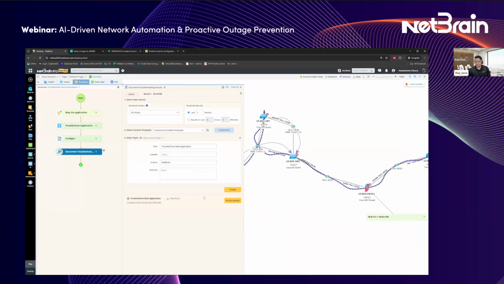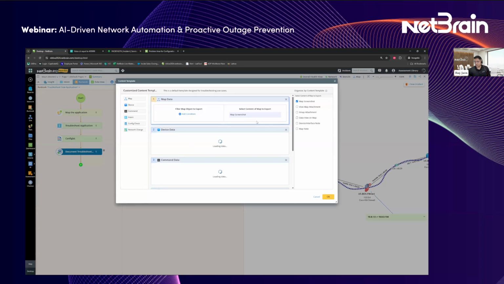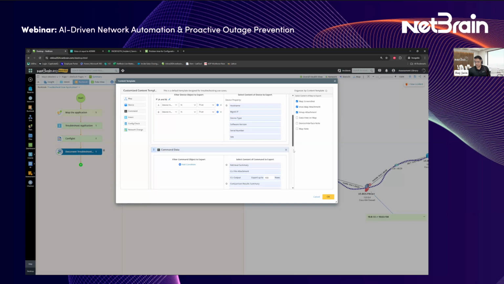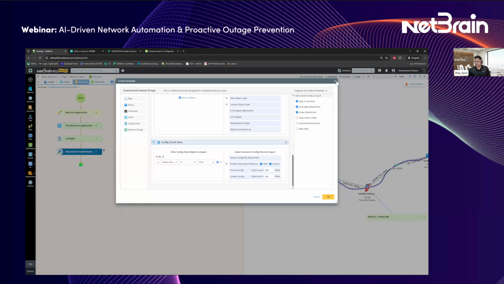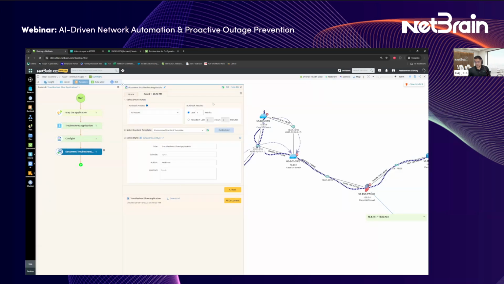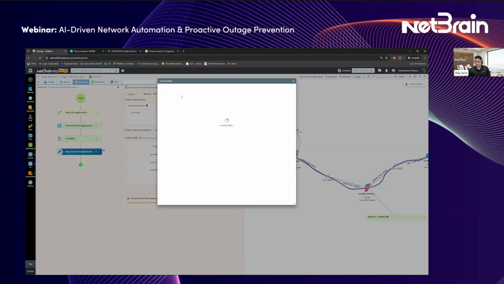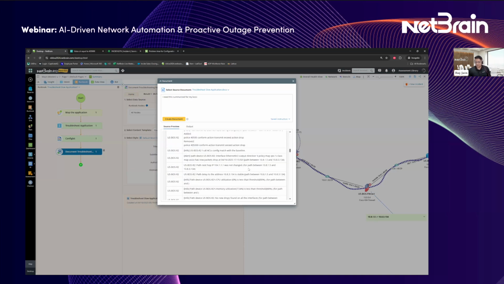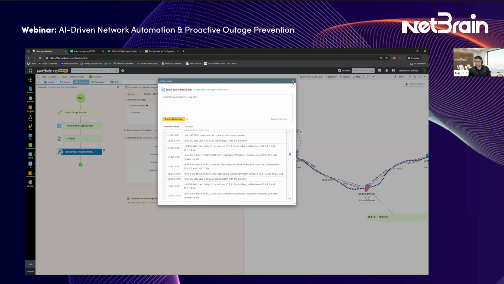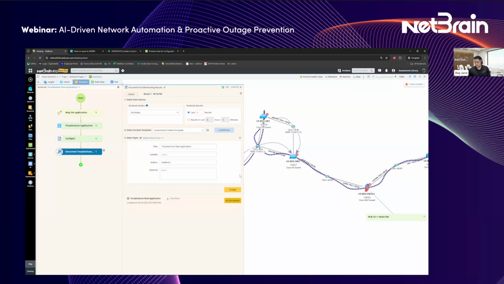So going back, my document is ready. And now you can also, of course, customize these documents. So you get to pick and choose what elements you need in that document. And you can, of course, go in there and edit this according to what you need, including the front page logo. We also have AI documents. So it's as simple as going in there and saying that I need this summarized for my boss, right? You click OK, and then this long document is going to convert into a shorter one. And this is just a very quick use of what AI can do to make our lives simple.